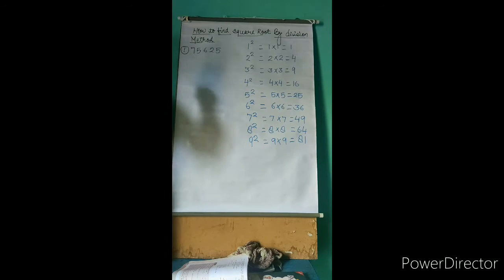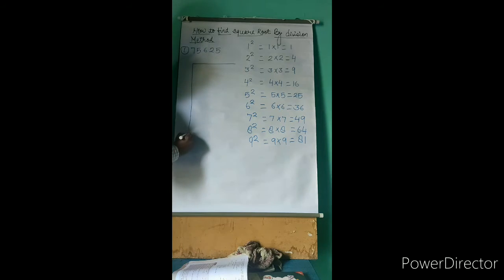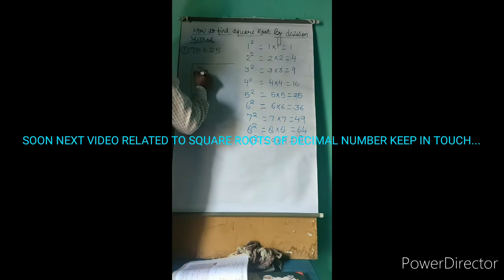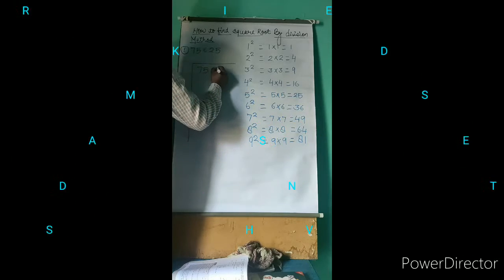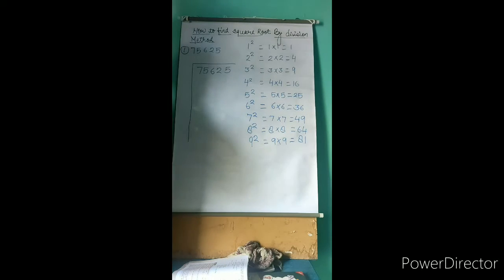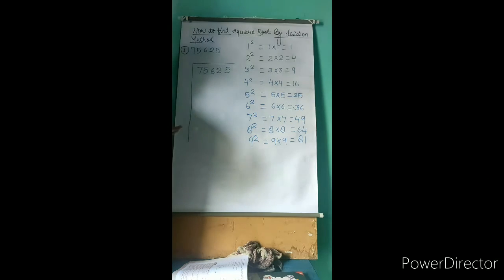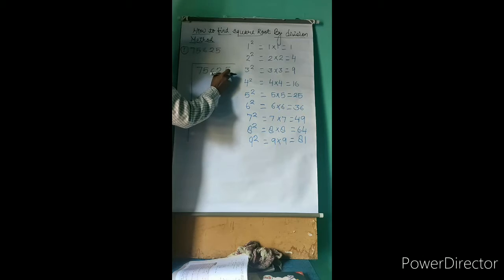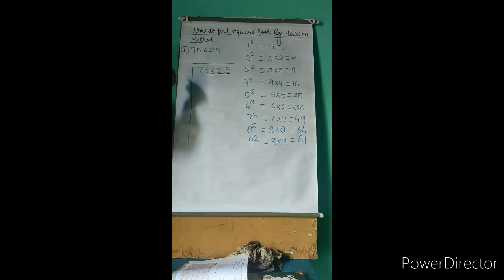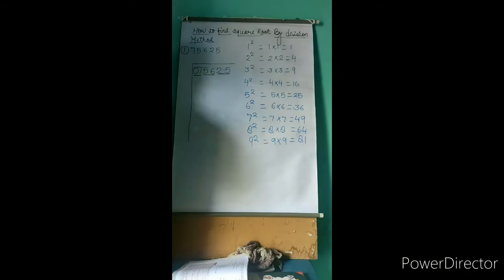by division method. First, we write down the number under this shade. Here you can write 7, 5, 6, 2, 5, and then we will make pairs of 2. Pair means 2. We will start from one side and take 2. This 5 is at the ones place, so we take 2, 2 from here. Now 7 is left single, so you can put a 0 in front of 7, and then it also becomes a pair of 2.